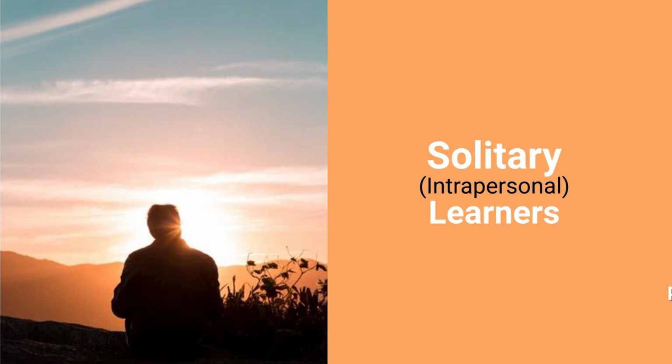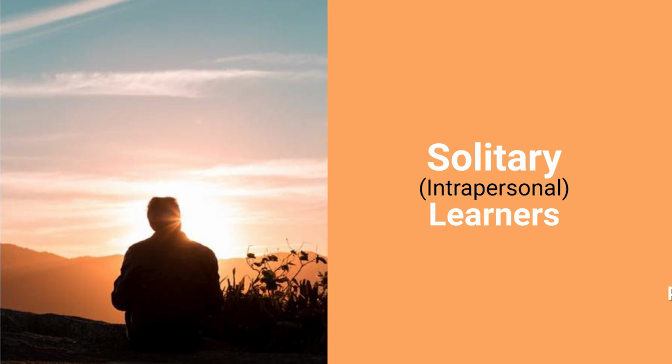The seventh type of category of learners are the solitary learners or the intrapersonal. Solitary means being with yourself. They like being alone and working on their own. Solitary learners are individuals who simply prefer to learn on their own and keep to themselves. In most situations, this is a learning style for socially introvert people, but not always. There are some people who are extroverts in social situations but prefer to be alone when they are trying to learn. They also tend to be concerned with goals and outcomes.